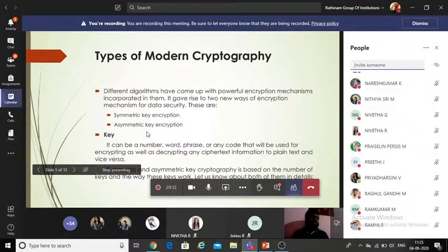All of us have our smartphones, right? Our smartphone must be a protected one. To protect my smartphone's data, I use some pattern lock or some number lock. So that number lock or pattern lock is an example of a key. Clear? I think you got a clear idea about the key.